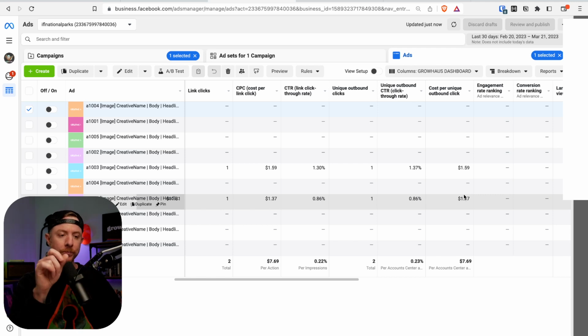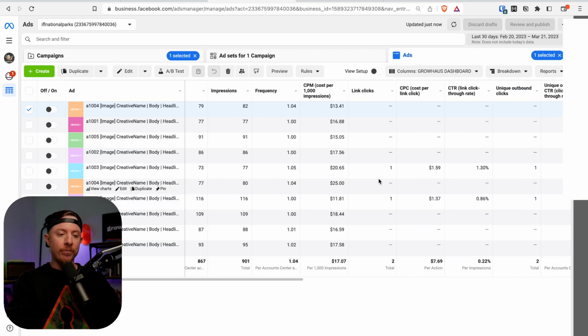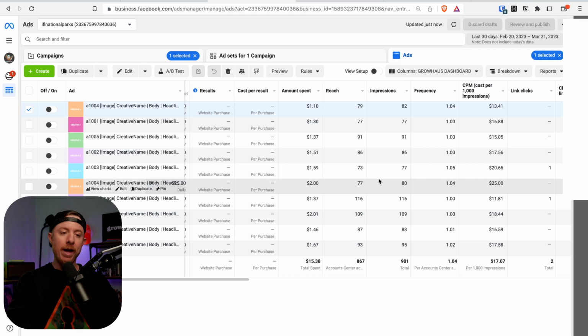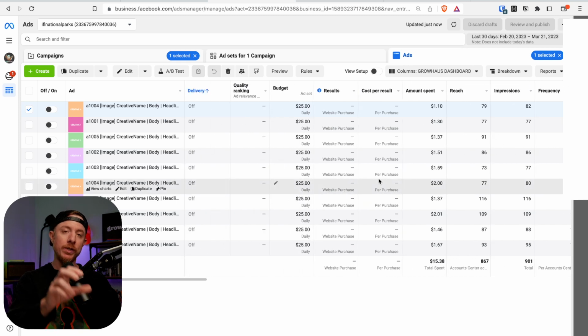Very important. Sometimes you have a creative out there and the shirt says, like this shirt, for example. If I saw this in an ad and you took me to the homepage, I would then have to search for this shirt and I'd probably type in triangle. But if it wasn't labeled triangle, instead it was pyramid, I wouldn't be able to find this shirt. I'm going to bounce off your website before making a purchase. Does that make sense? Okay, so when you have no sales, I would suggest doing some more work on your